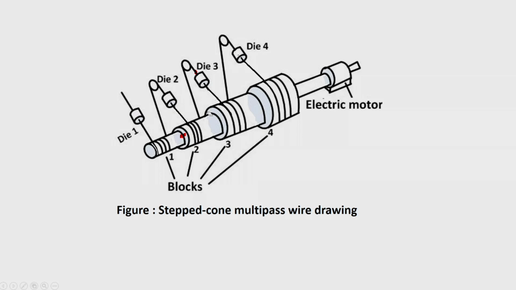So, in a single block, a stepped cone block, you can have all these things found, so that it will just pass through this. After taking 1 or 2 rounds, it will pass through this, again taking 1 or 2 rounds, it will pass through this, and like that it will go on a continuous basis, and at the end you may get it wound on a bobbin or whatever. This is for the wire drawing operation. So, this is much easier. You need only a single motor. Of course, the motor capacity has to take care of the sufficient torque which is required.